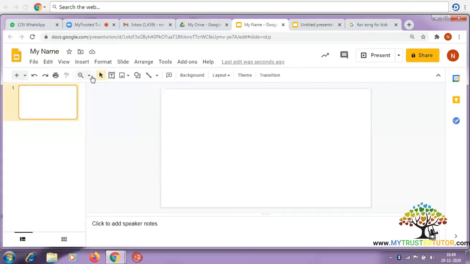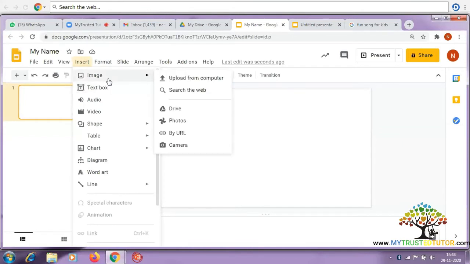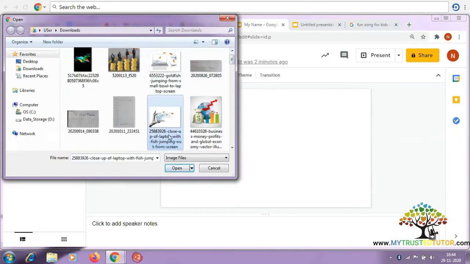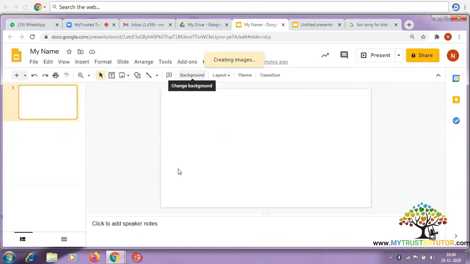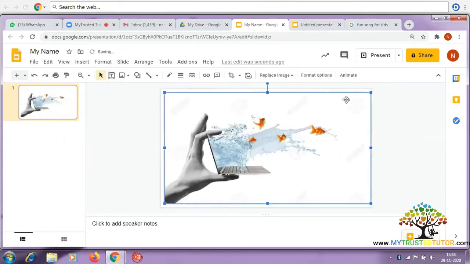how to add a picture. I will just insert a picture over here, from my computer itself. So this is the picture that I've taken from my computer. Okay. Now over here,